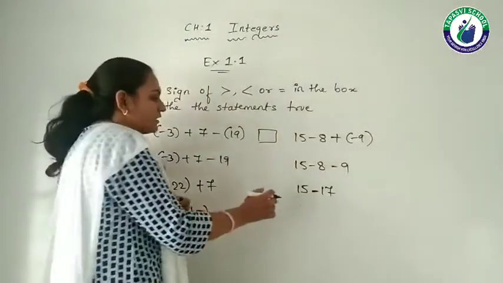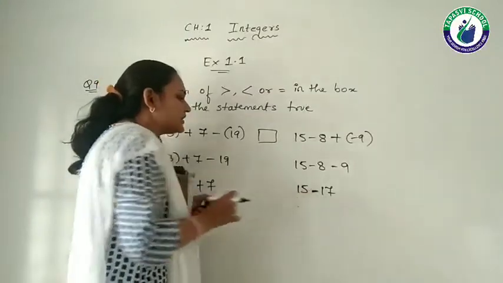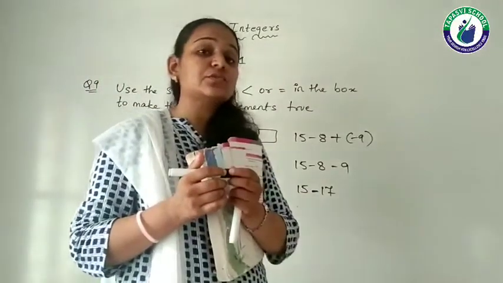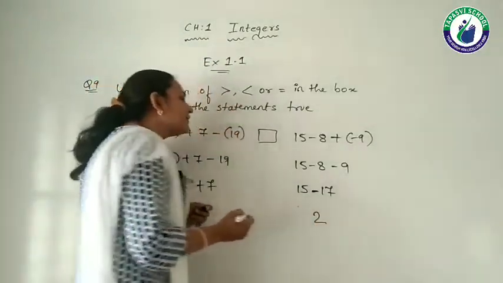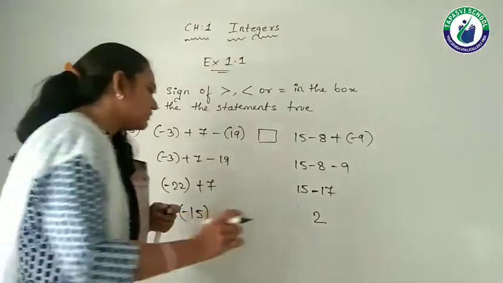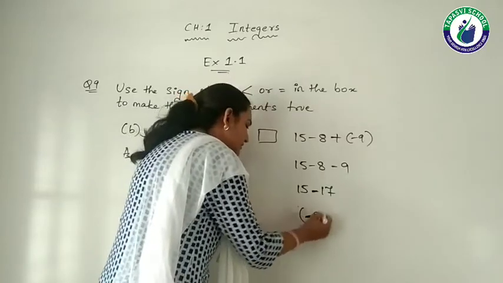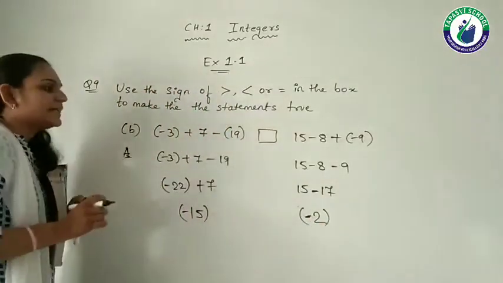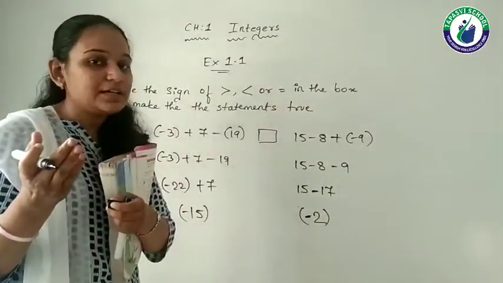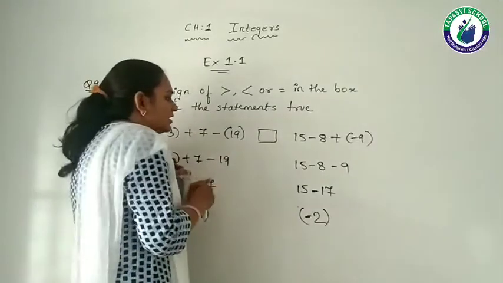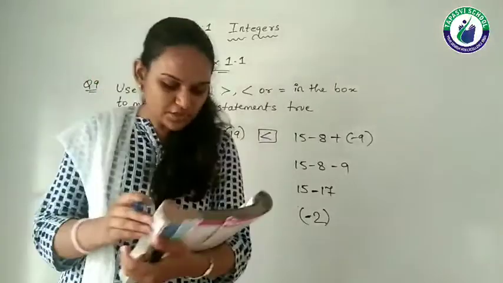Now 15 and 17. 15 is a positive number and 17 is a negative number, so we are going to do the subtraction. 17 minus 15 is 2. Out of these two numbers, which one is greater? 17. So I give the sign of 17 to this number, that means it's minus. Now you just decide, it's like your previous question only, minus 15 and minus 2. Which one is greater? Minus 2. So I am going to give this sign, right? Now taking the third question.